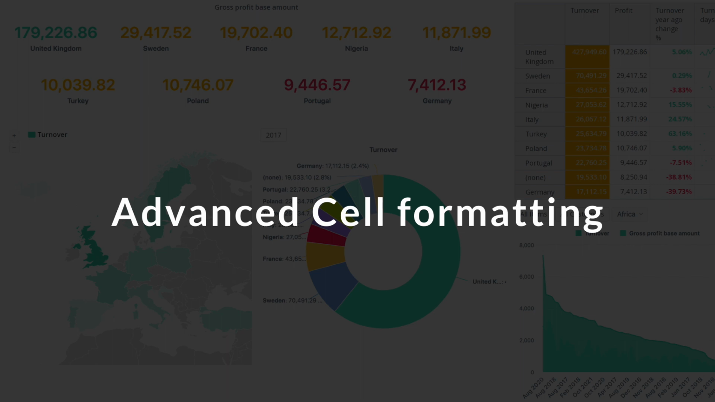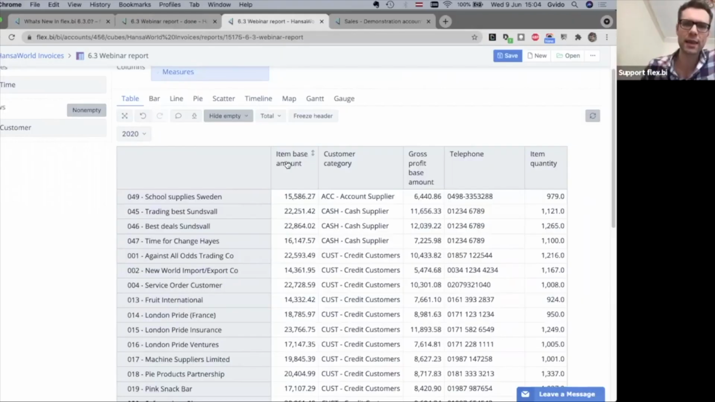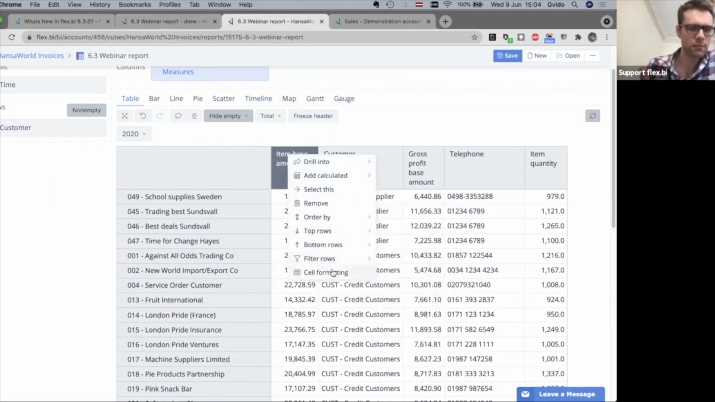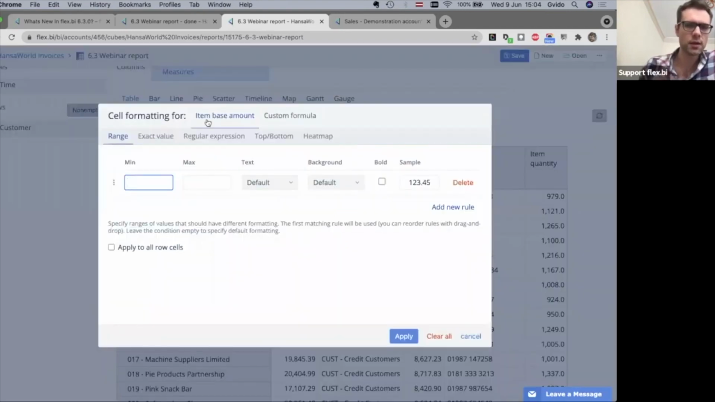You can access cell formatting options in table views by clicking on the column. At the bottom, there's a place where you can select cell formatting, and this allows you to format these cells. So here are all the available cell formatting options, and that's what we're going to go through today. But just to illustrate what was already available previously, you could specify a range where you can say from